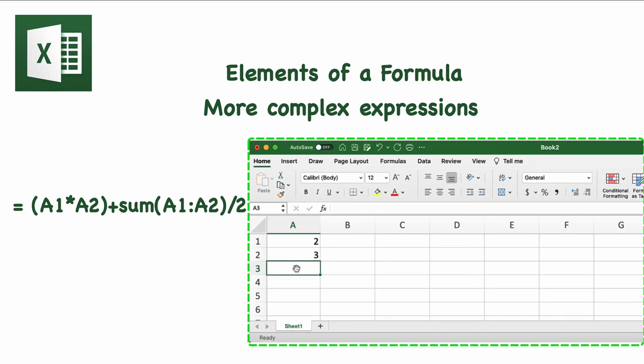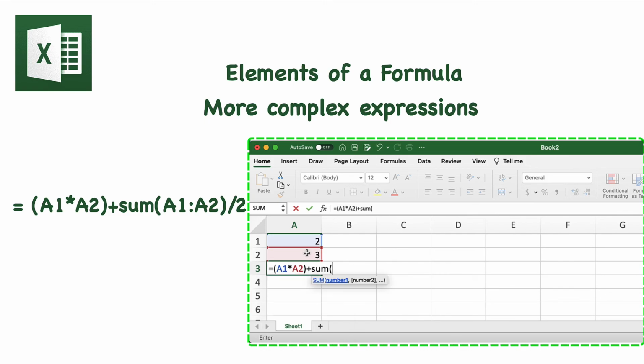To insert this in the spreadsheet, type the equal sign, open a parenthesis, then select the cell, type the asterisk as the multiplication operator, select the next cell, then close the parenthesis, type the plus sign, then type the function name SUM, open a parenthesis, select the range A1 to A2, close the parenthesis, type the next operator, slash for division, and type the number 2. Then press enter. And there we go.